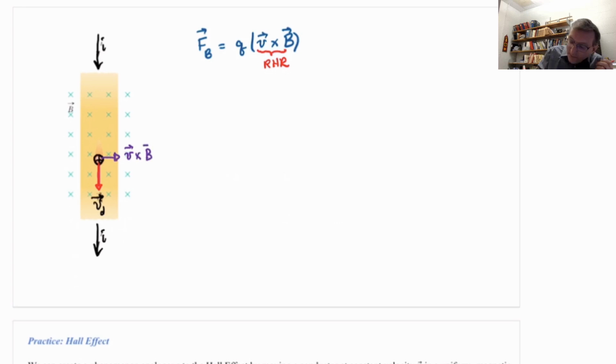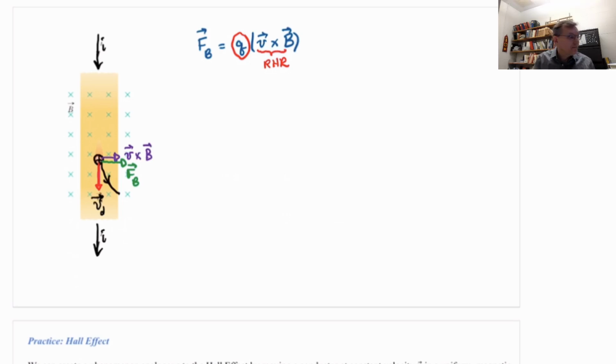But then I have to account for the Q, that scalar out front. But this is positive charge, so that means the F magnetic is the same direction as the V cross B. So the F magnetic is to the right,